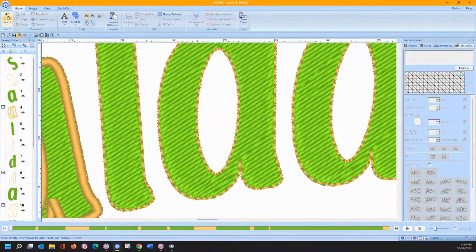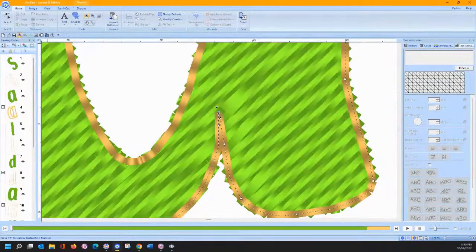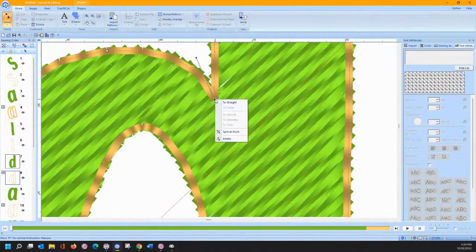And it's this little point right here. I'm going to make that straight, and then I'm going to make it a curve. And we're going to widen it out a little bit. To symmetry. Let me zoom in. So now we can make it just a little bit rounder so it doesn't make a big old point right where that was coming in. Let's do the same thing right here. Let's go to straight and then to curve